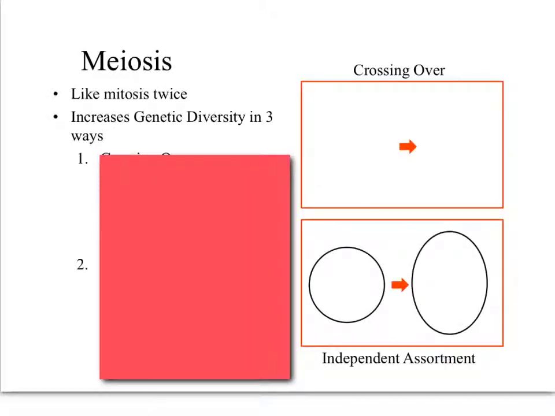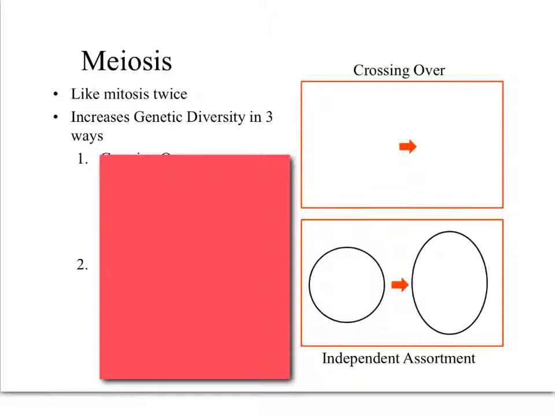As you probably recall, meiosis is another type of cell division. This one produces 4 haploid cells instead of 2 diploid cells like mitosis. It happens mostly in your sex cells. This is how you're going to be creating your sperm and your eggs. And basically, we're not going to get into all the steps of meiosis, but it's pretty much the same as doing mitosis twice. And the really important thing about this is that it increases the genetic diversity of an organism